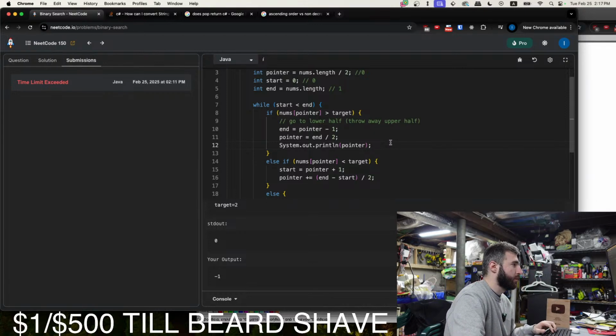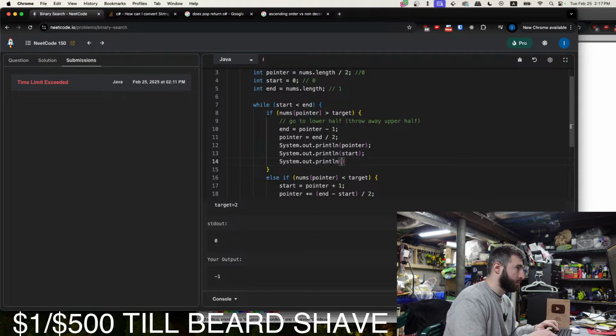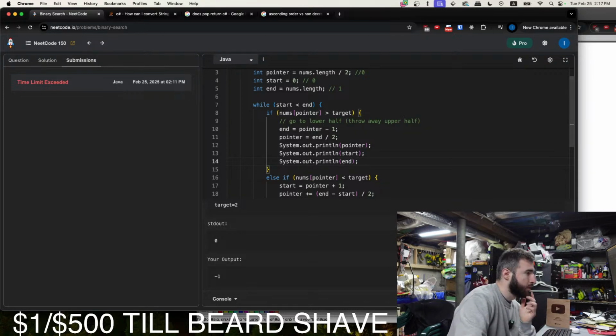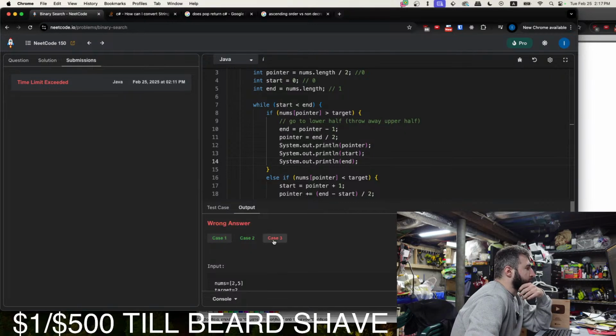Okay, let's print start and end. Maybe we exit out of the while loop for some reason. Pointer is 0, start is 0, end is 0.